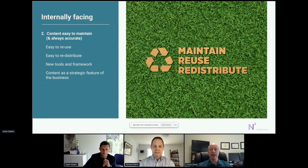So I think that the lesson that I would take away from what you're bringing up, Rich, is that it doesn't start with the portal. It doesn't start with this great idea that you want to reuse it. It starts with the fundamentals of internally leveraging your content because your company believes it's valuable, and making sure that you have the ability in place to easily edit, reuse, and distribute that content to multiple endpoints from a single source of truth. And as we go to the next slide,